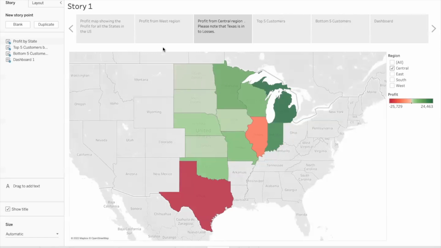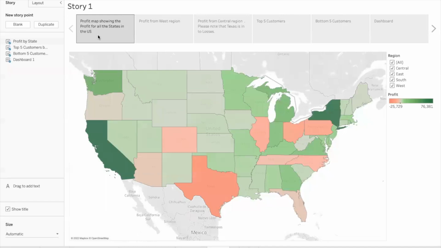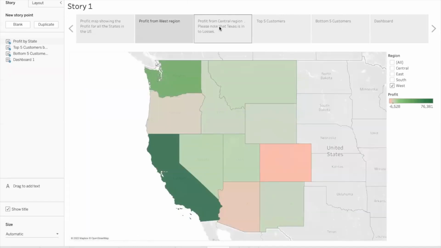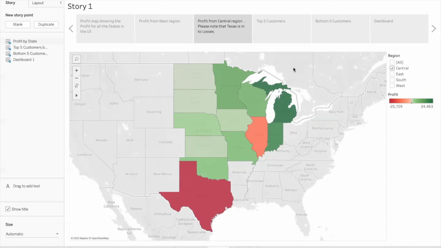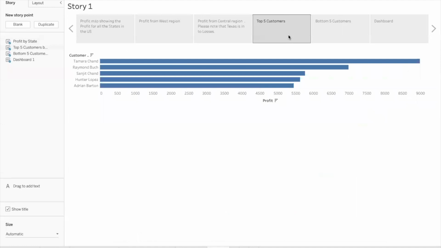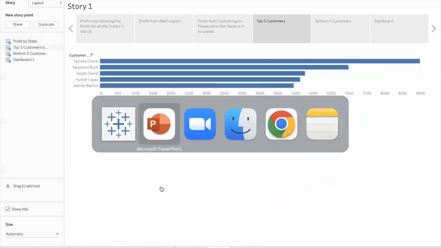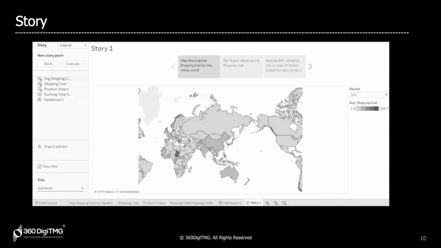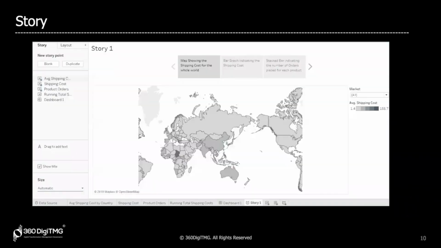That is a story where we arrange the worksheets and dashboards in a sequence. And also we can create multiple points in the story by changing the state of the graph using interactive filters or parameters or actions, whatever it is that you might be doing. Okay, I hope you understood about story. And of course, context filters that we covered. So that's about how we build a story. We discussed how to build a dashboard and how to build a story and we discussed